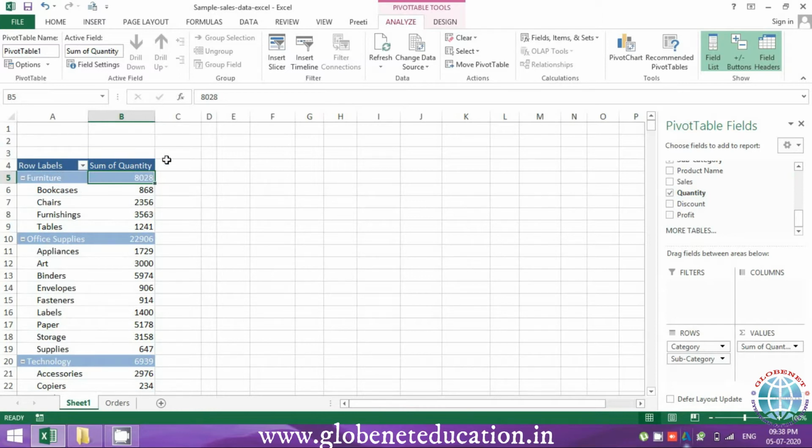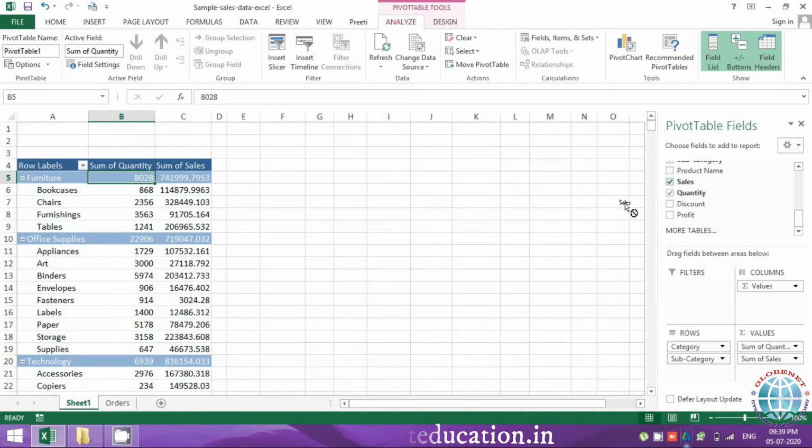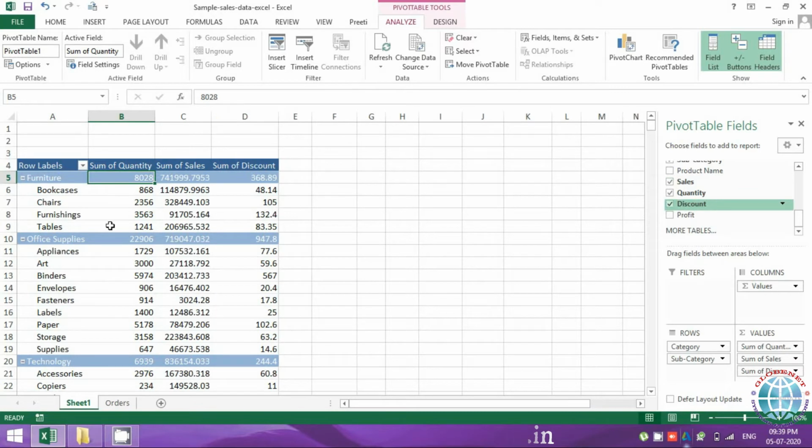Let's say you want further values also, like the number of quantities or the number of sales or the profit. All of those columns which you have over here, you can go on adding and create a more holistic view. Let me just add sales, and let's say the discount, and as I said, by default the addition would happen, the sum function would be applied. Let's say I want to change the function. I want to know the number of entries. So for example, instead of sum of the quantity, I want the count.